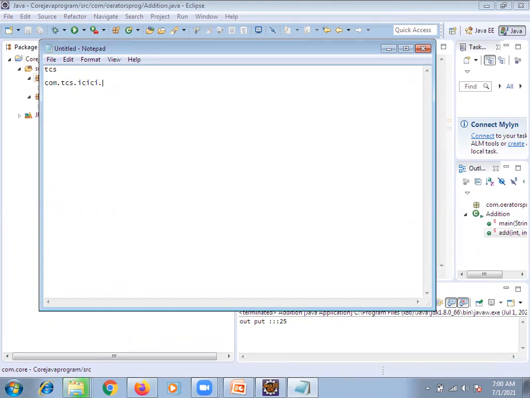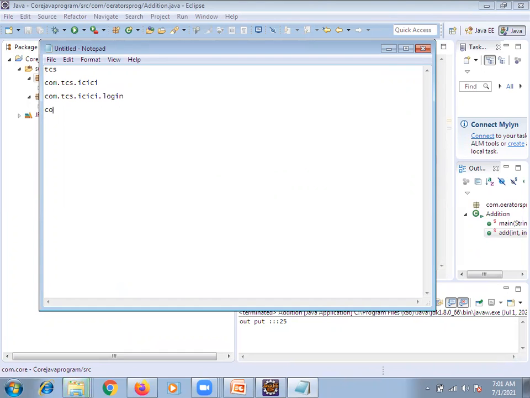My module is the login page. So till ICICI it is a common package name. After that, based on the module name, you need to mention TCS dot ICICI dot login module. So the login package will take care of the login page.